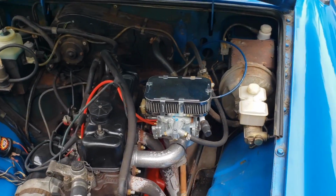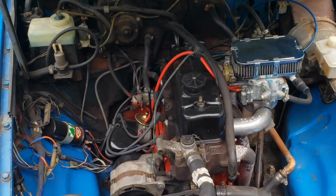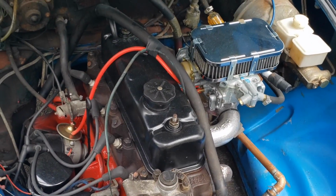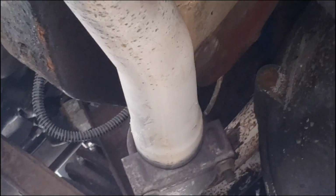So, gosh, pulling the motor on this thing. Rip it out by hand, loosen up the bolts, and just rip it right out. The exhaust is just